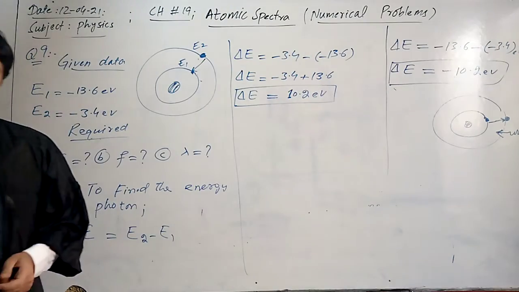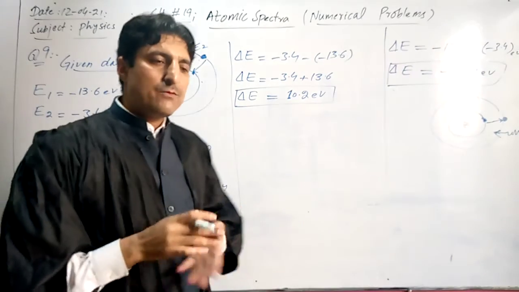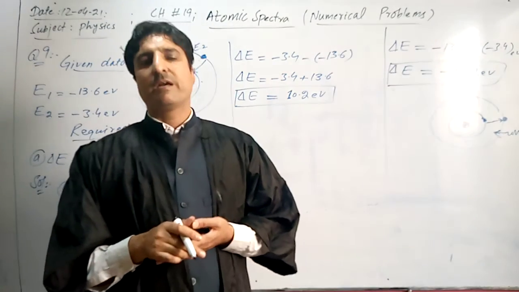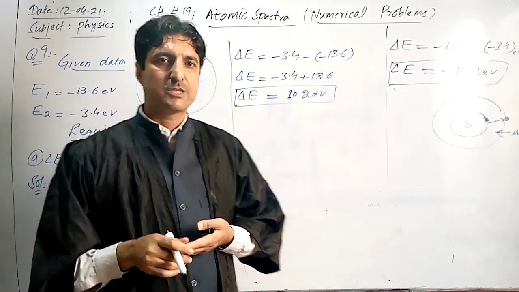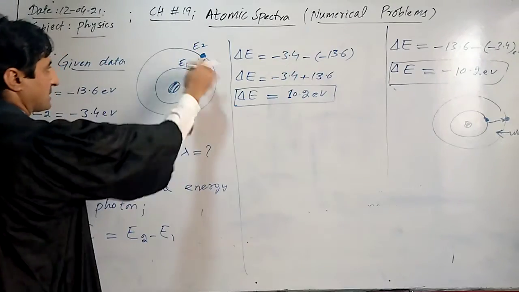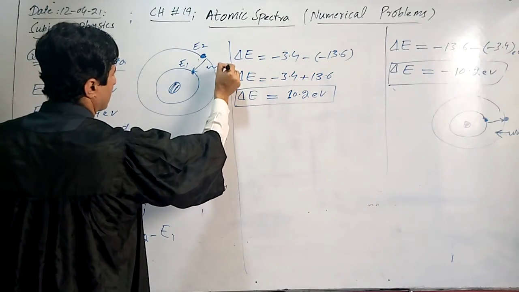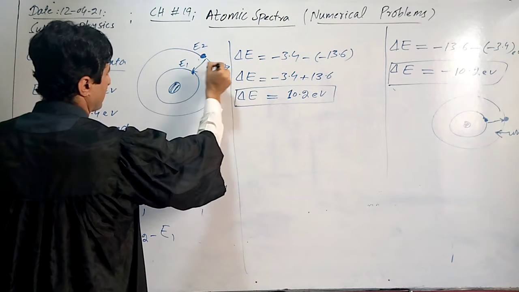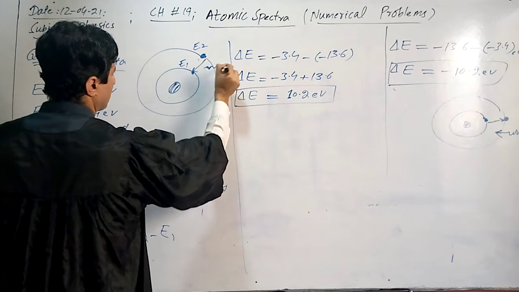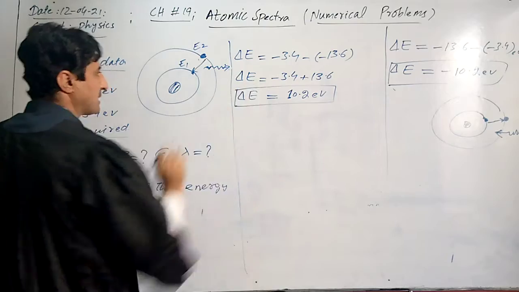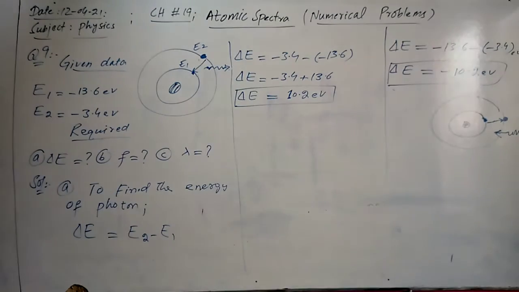In the second step, it is stated that you have to calculate the frequency as well as the wavelength of this photon. When this transition occurs, what will happen? A photon of energy hf will be emitted by this atom. So the energy of this photon is 10.2 electron volt. The frequency